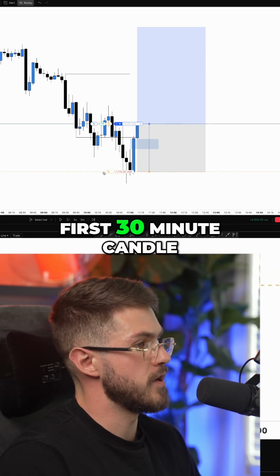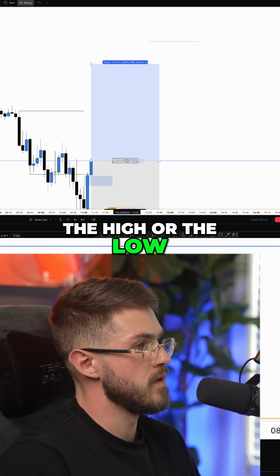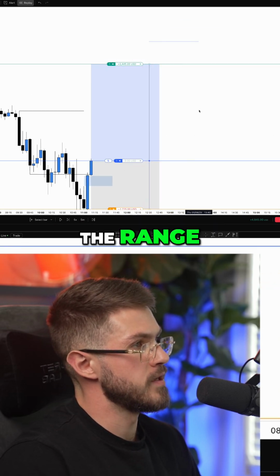You just wait for that first 30-minute candle to be hit, either the high or the low. Wait for your fair value gap back into the range, and then you set your target